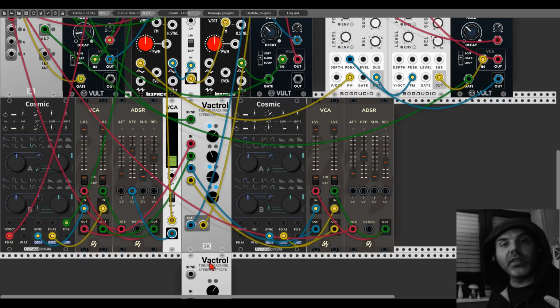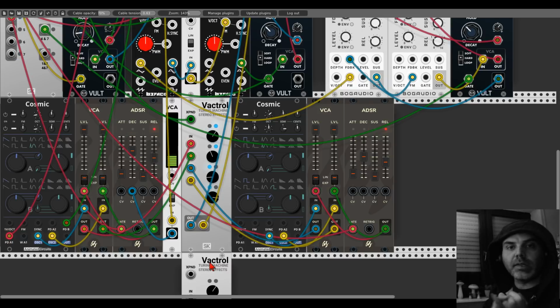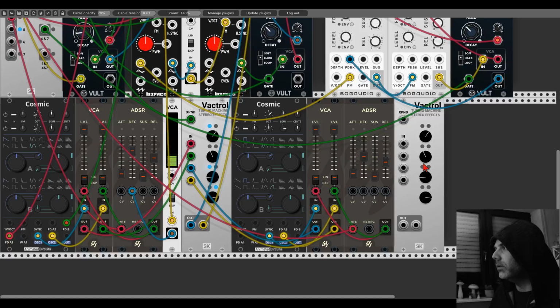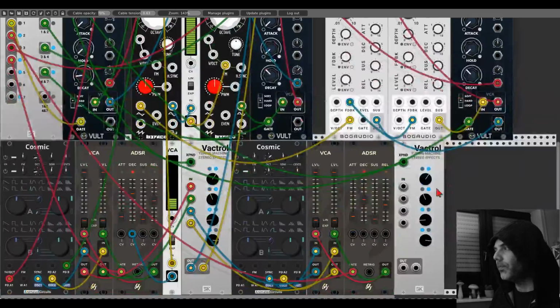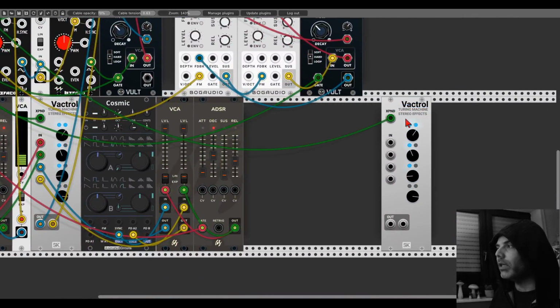And this is another cool thing you can do. You can add more than just one expansion. I mean, you can use as many pulses, as many volts, as many vectoral as you want. You just have to connect them to the expansion output. And you see we have another one. Now let's use,